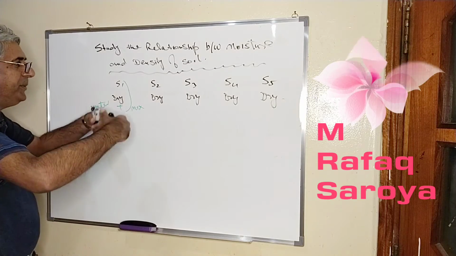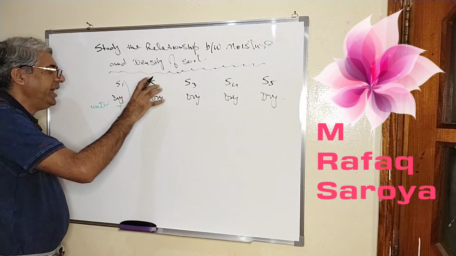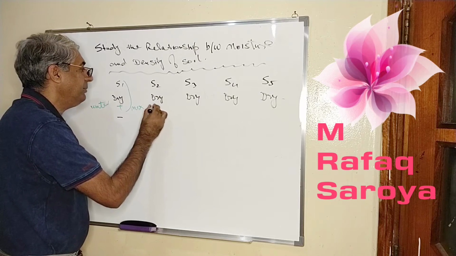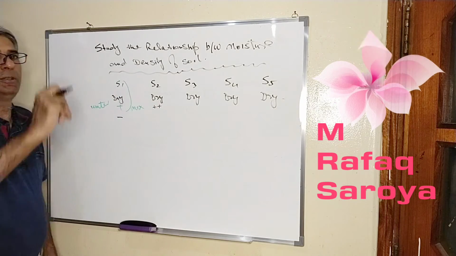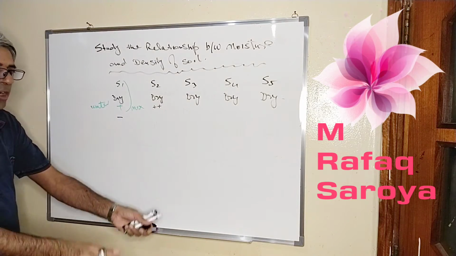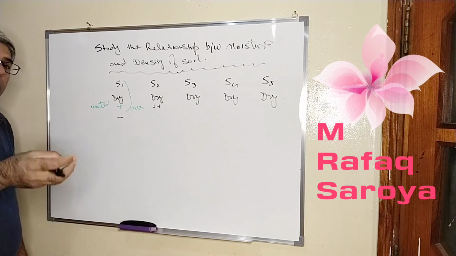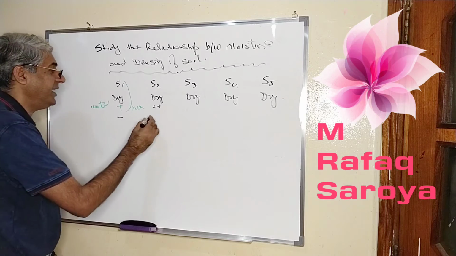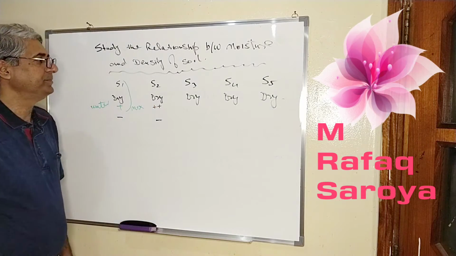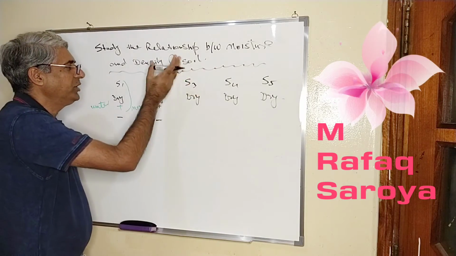Then again we will repeat the same procedure. Here we write double plus, meaning I have increased the amount of water. Again I am going to repeat the same procedure: 5 layers, 56 blows in each layer, and here again I will find out the mass. Now I am going to take the third sample.